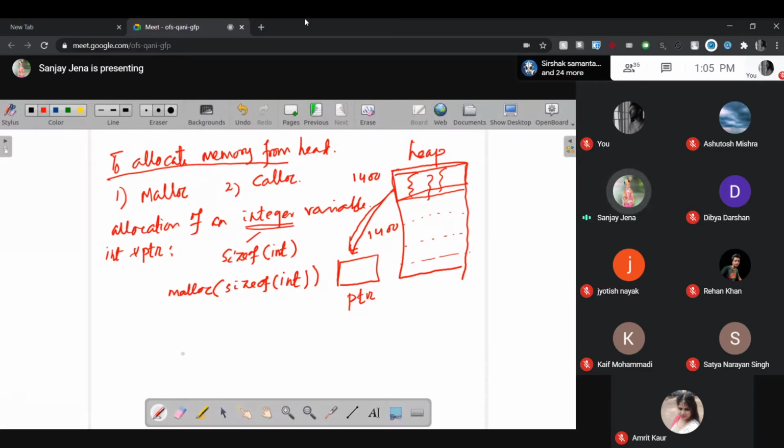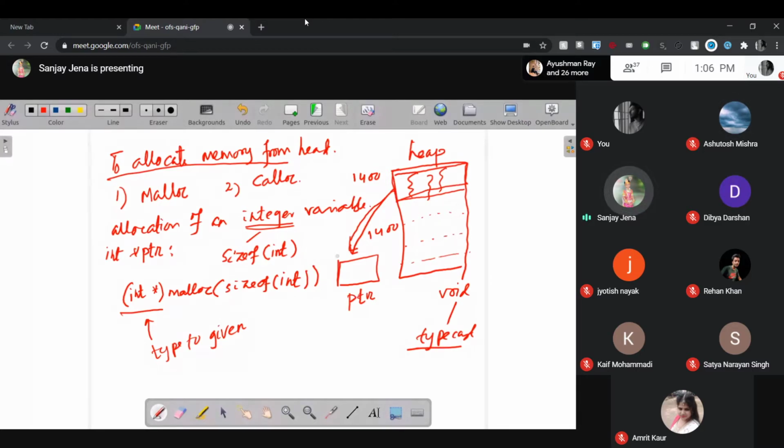If the type of the pointer is null, then malloc generally gives void, so that it can be typecast. Then you have to typecast as per requirement, that is your integer pointer. Integer star. If the point is clear, why do I write integer star? Yes, sir. Because the type is to be given. Malloc is not a pointer. Malloc is a function which allocates. Malloc is able to allocate.